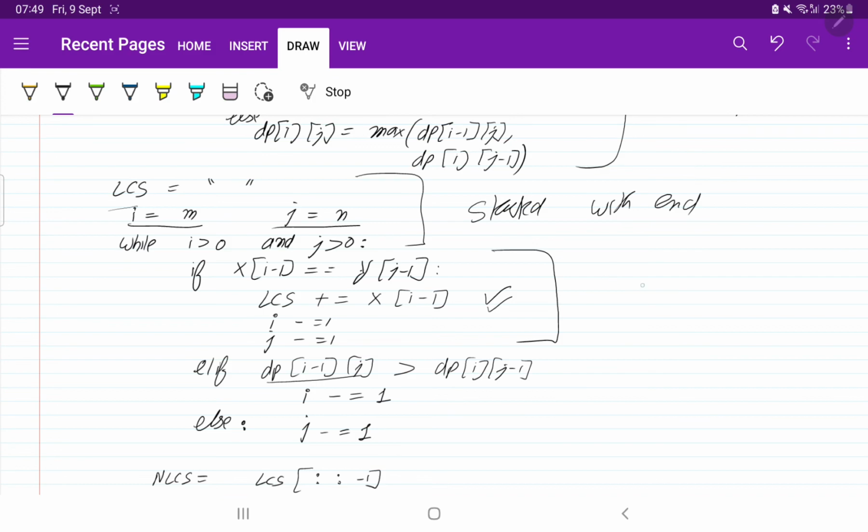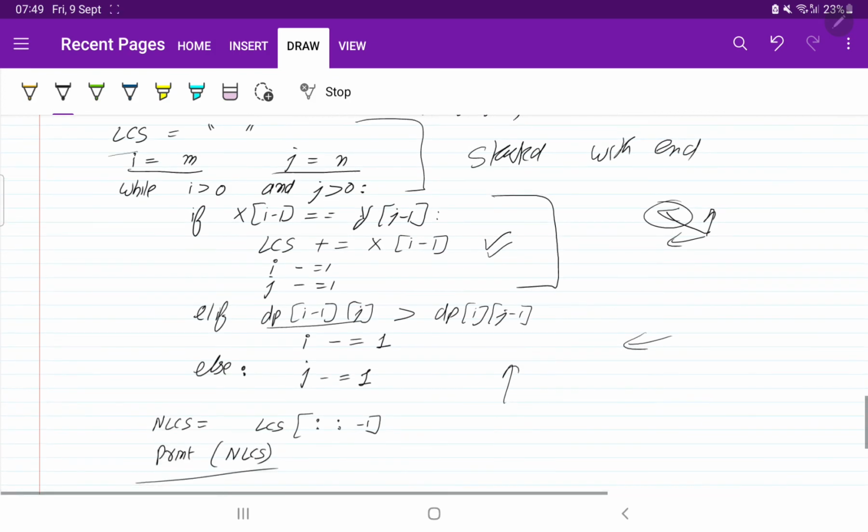If elements are equal, we moved one step backward in both, that is, diagonally. If i is not matching, we moved in this direction. If j is not matching, we moved in the upper direction. At the end, we reverse the string, then we print it.